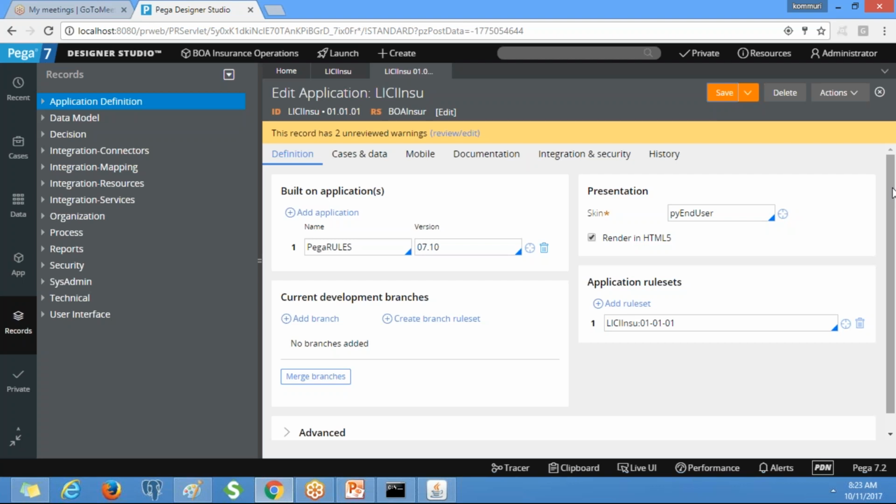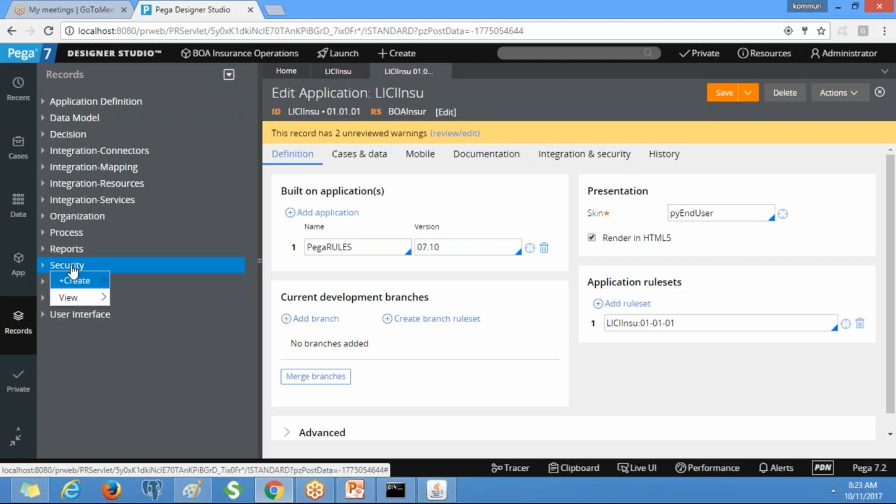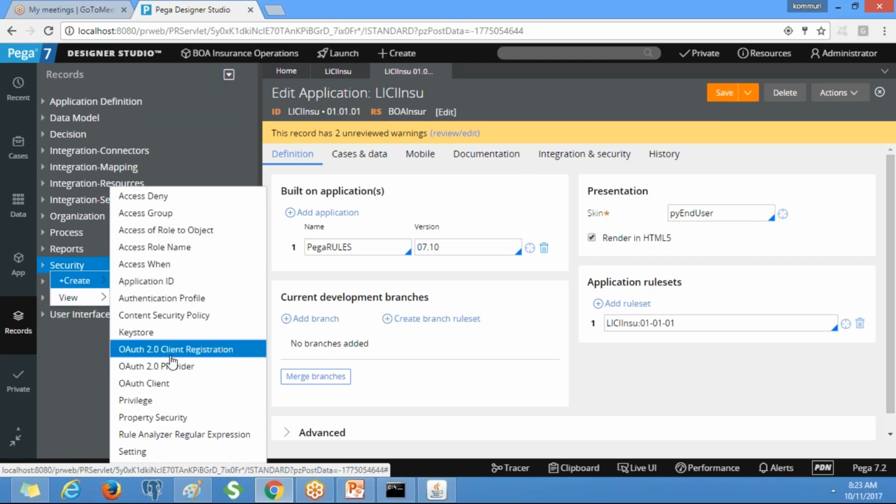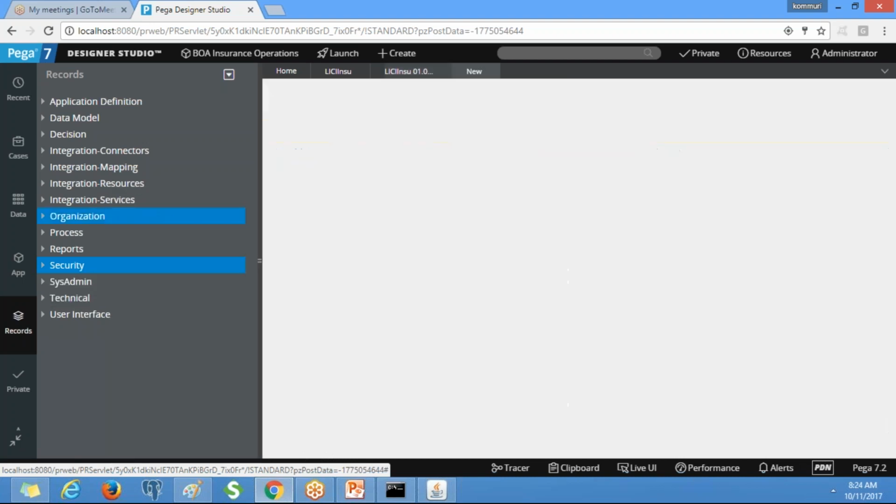Access group is available under the security category. You right click on security and click on access group.